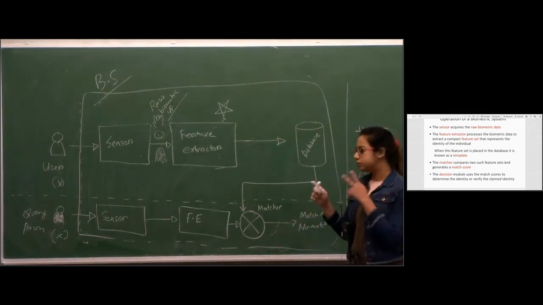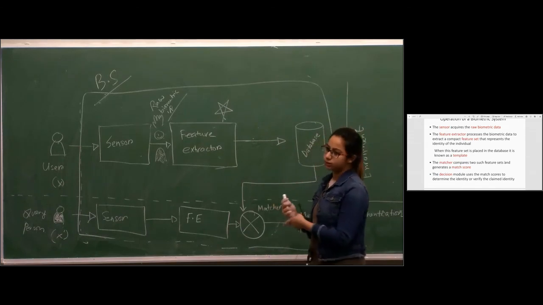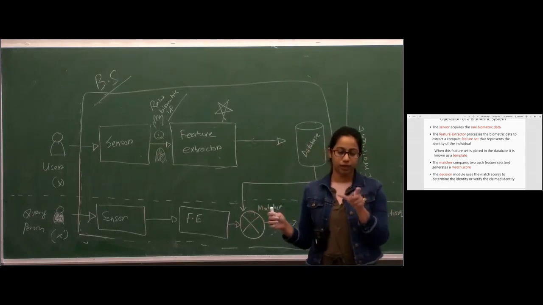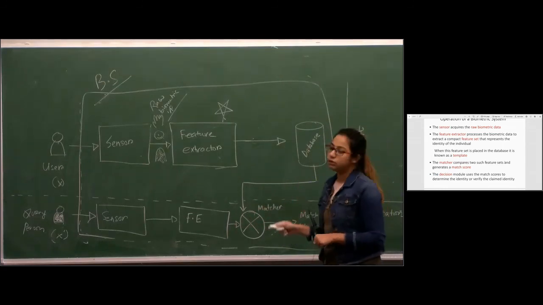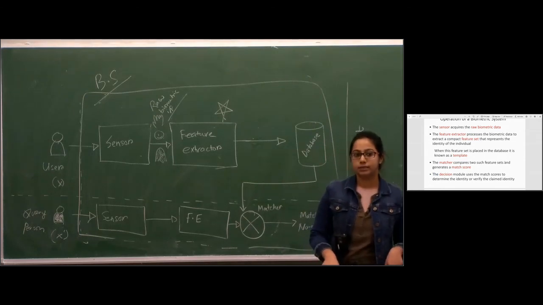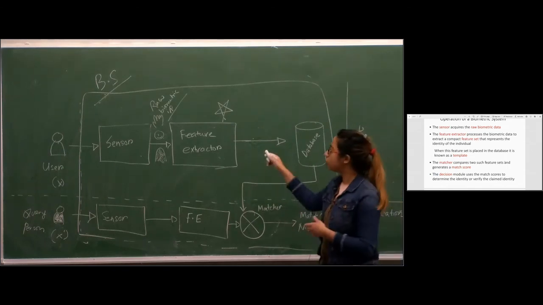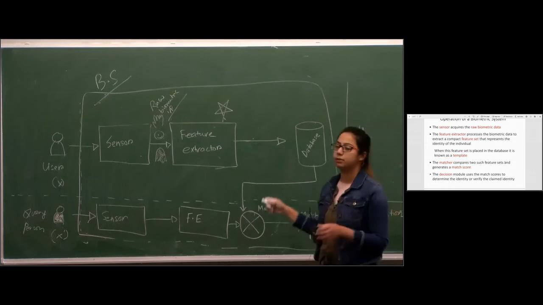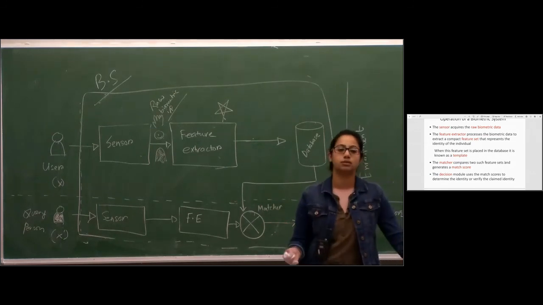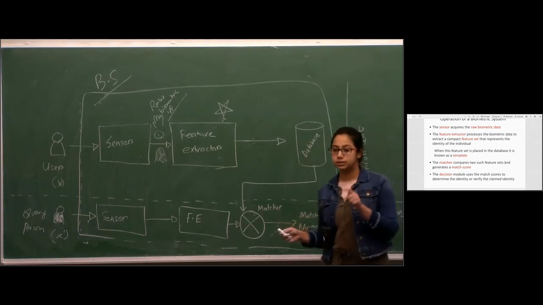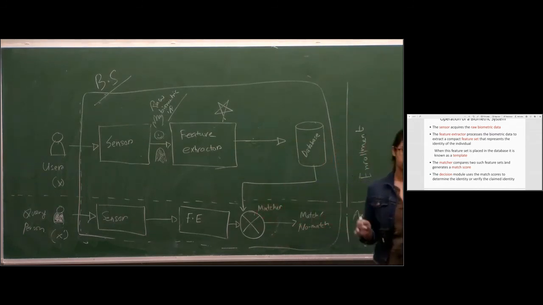In general, we can say there are two reasons for that. First one is that we need to make it compact. We don't need all this information. We need just very compact information, but that information has to be distinctive enough so that it can differentiate between you and me. But if you exclude all of the information and keep very few, it may happen that the system loses the ability to identify you and me. So it has to be a blend between the two: it will remove some of the features, but still keep the important features intact, so that it can have a very good recognition result later.